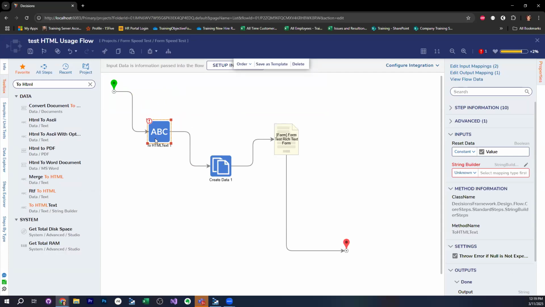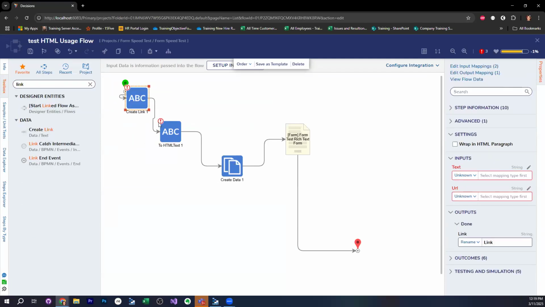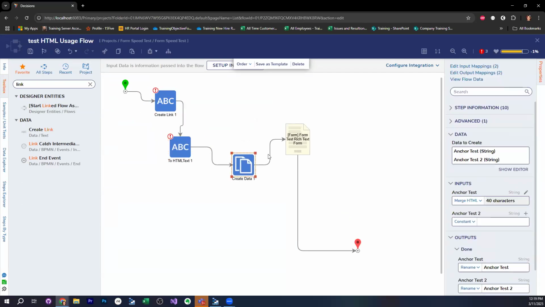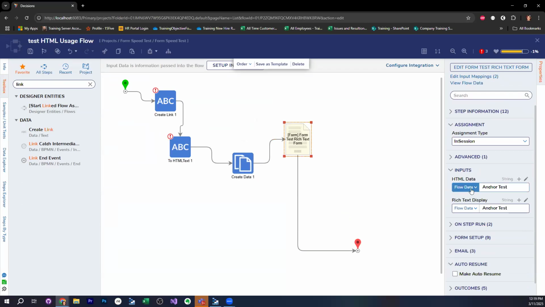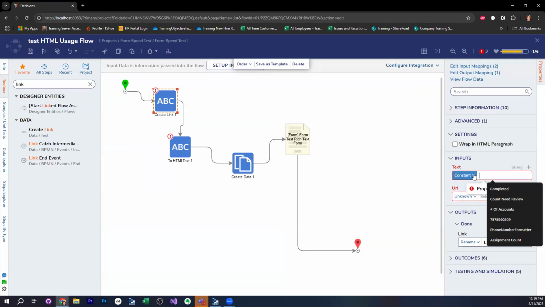But I'm wondering, if I do that with the string builder, I'm trying to think of how to make it dynamic. I know you could link the text. There's actually a create link that you can have that allows you to dynamically create that text. So if I create a link and my text is going to be, this is probably how you can do it. This is where you can get it as a variable.